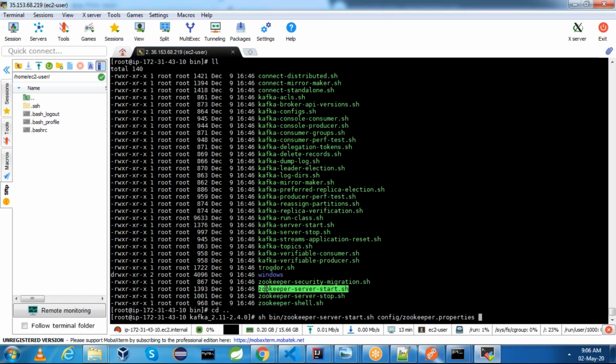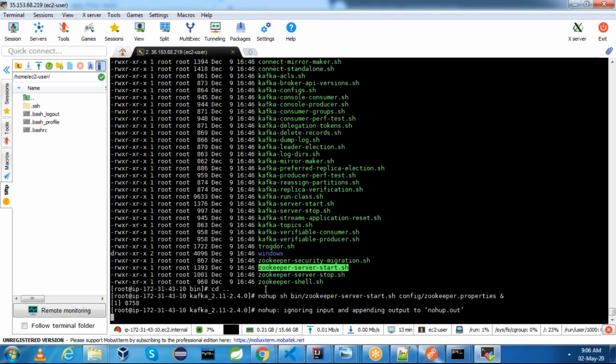If you run this command, it will run directly, but I want to run this in the background. For that, let me give the nohup command. You give nohup and say ampersand at the end. nohup sh bin/zookeeper-server-start.sh config/zookeeper.properties &.